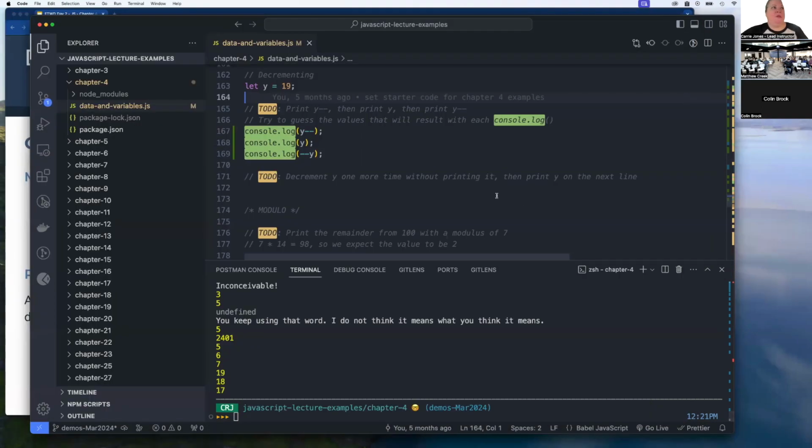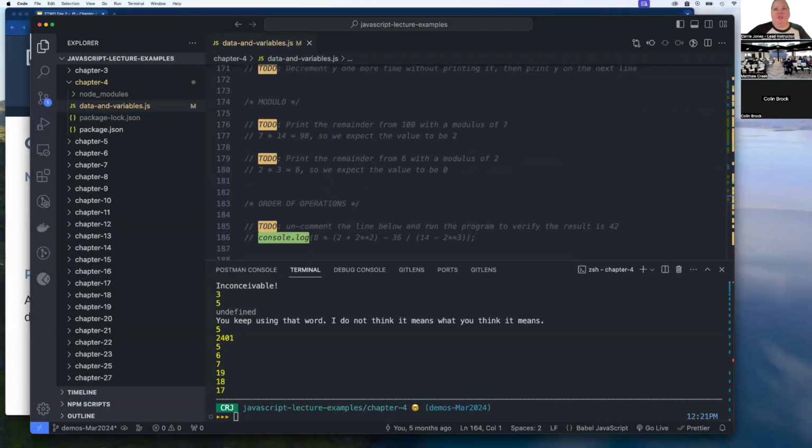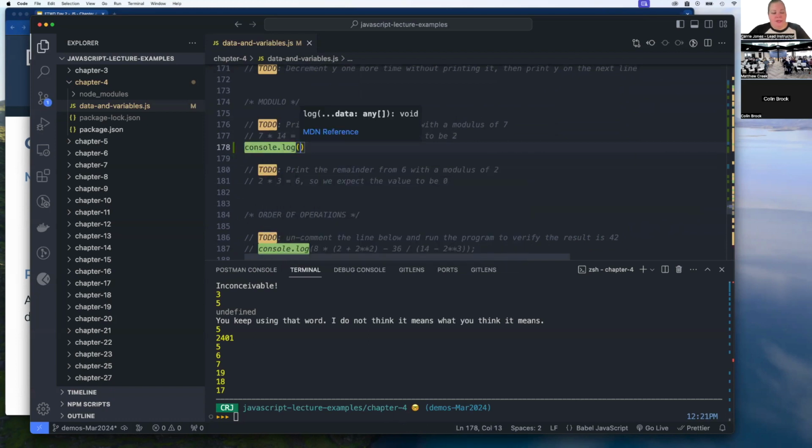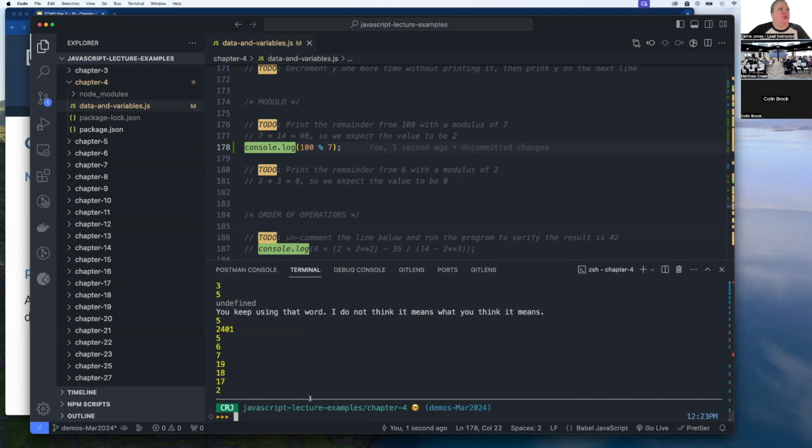Okay, we can do a couple examples here. We want to print the remainder from 100 with a modulus of 7. So I will console.log, and I'm just going to evaluate this in place right here. 100 mod 7. And we'll see how it comes out. And we get 2. Because 7 times 14 is 98, and 100 minus 98 is 2. That's our remainder. Same thing, if we print the remainder from 6